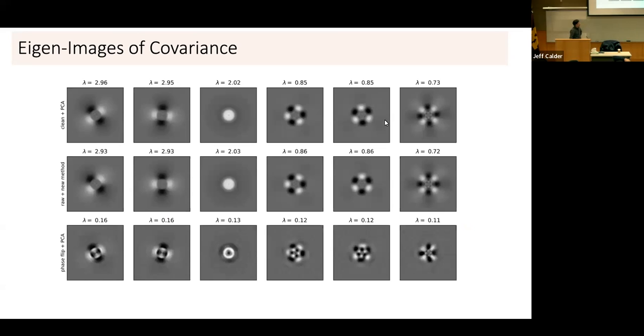Okay, I'll skip this one, but I just want to show that we have way better eigenimages if we compute it from our coherence matrix. The first one is the clean one, the second one is ours, and the third row is the traditional PCA. So it just says that our method does not just have an advantage in time. We also have an advantage in accuracy, because